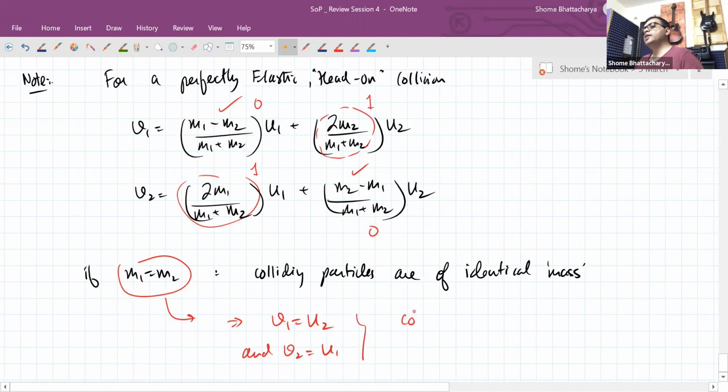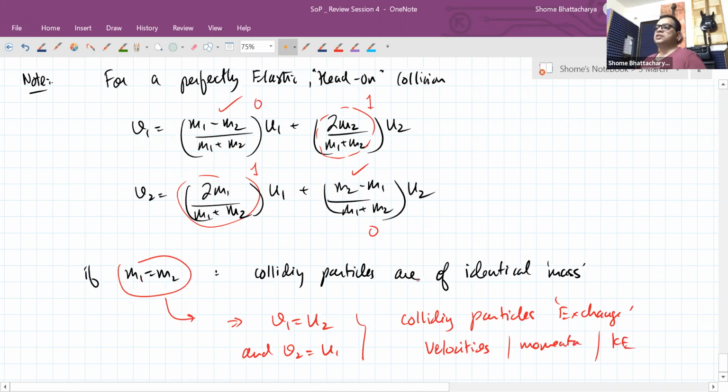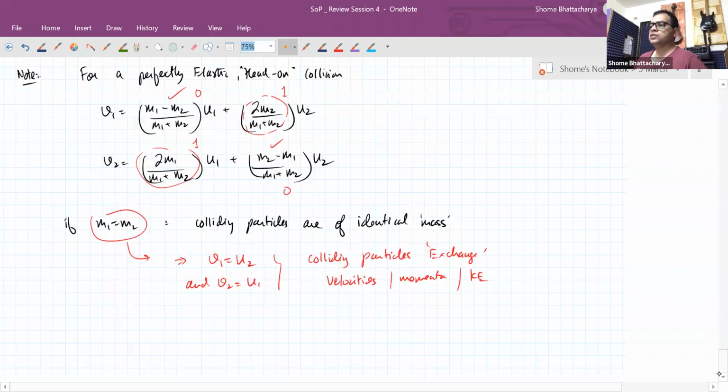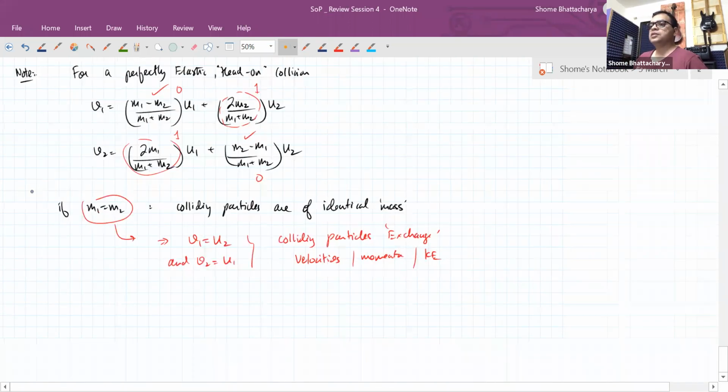So that means the colliding particles exchange velocities, momenta, and even kinetic energies. They exchange each other's values. So this is a very important special case to remember, especially when we are dealing with questions at the competitive exam level. So, for example, if we see a situation where something like this is happening,